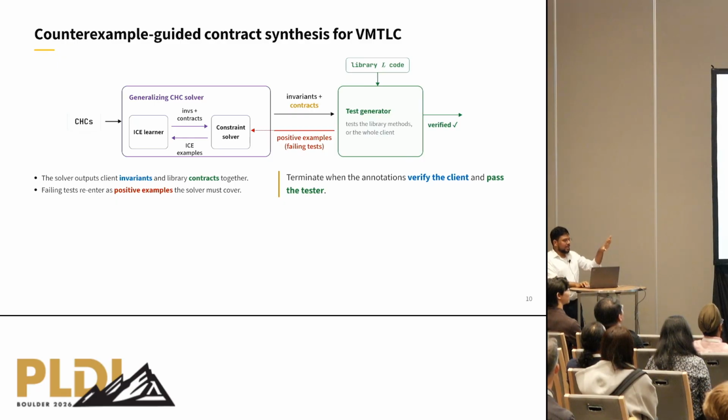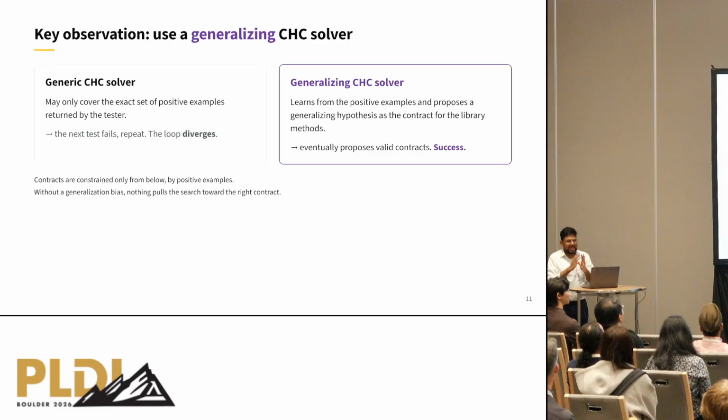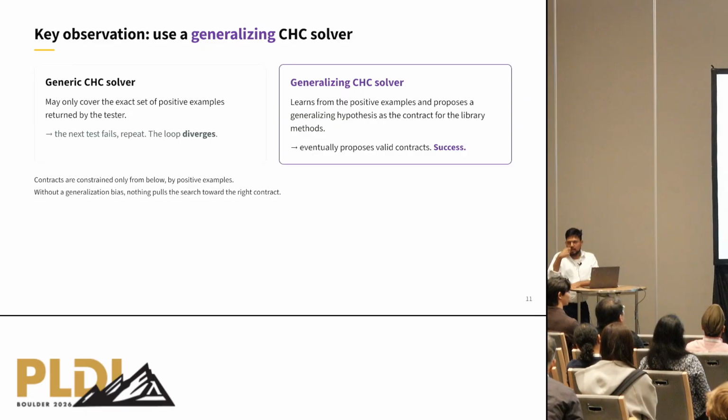Now, one of the key things that we realized while doing this work is that you really need a generalizing solver and not just some CHC solver. And why is this? It's because if you encode the problem at hand as a CHC along with all these extra things saying, oh, all the buggy instances I found for previously proposed contracts should be avoided, a generic CHC solver can just keep narrowly avoiding this and keep giving you contracts that are still slightly wrong. Whereas you really need a solver that looks at all these failing examples that you give it and says, you know what, all these are symptoms of something else that has to be satisfied, namely the test generator, which is hanging out in the back and has some hidden expectation, and tries to come up with a general contract that will satisfy both requirements.